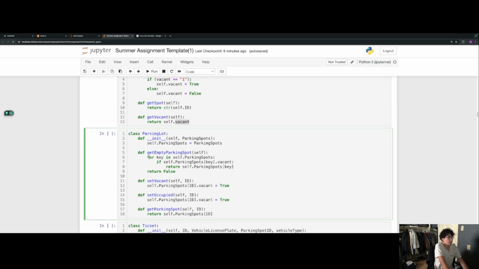So as you can see over here, we do for key in parking lot spots. If self.parkingspots with the key that we feed in is true, we return the parking spot. Else, or no else, we just return false. So basically, it's going to iterate through all the objects within the dictionary, and until it comes across an object